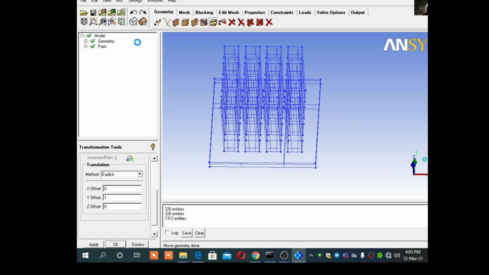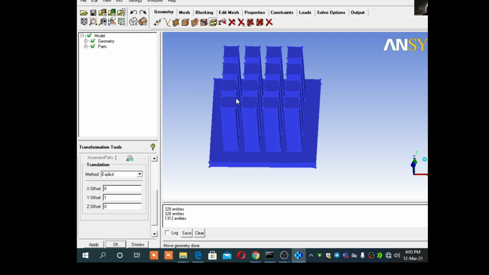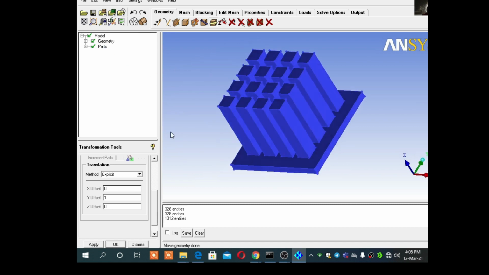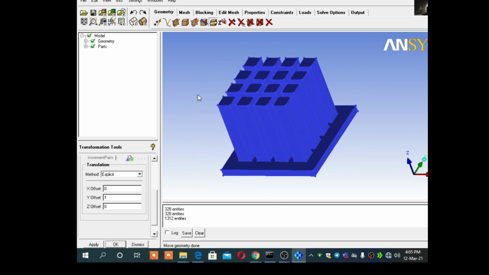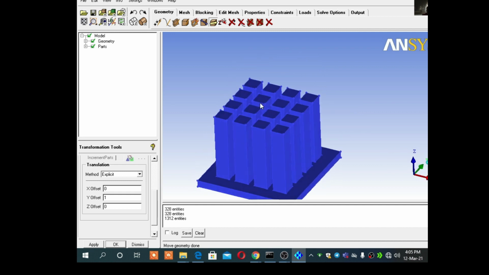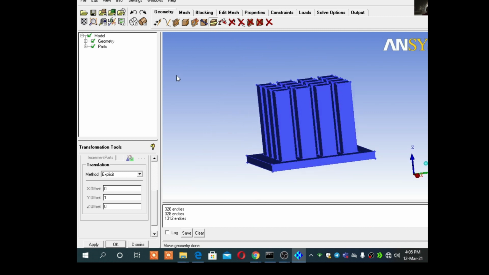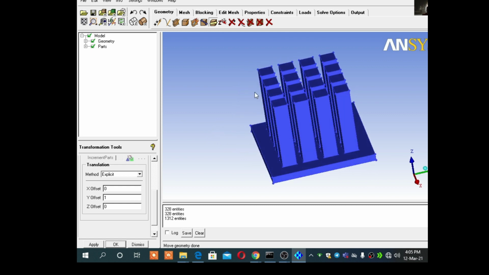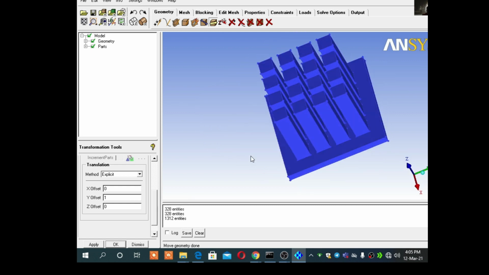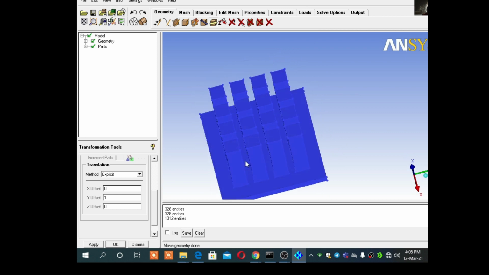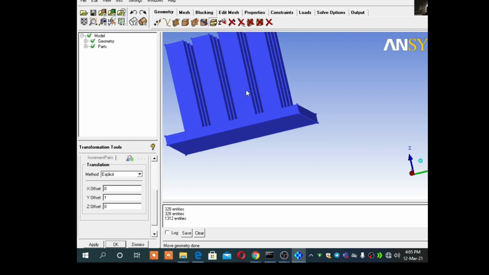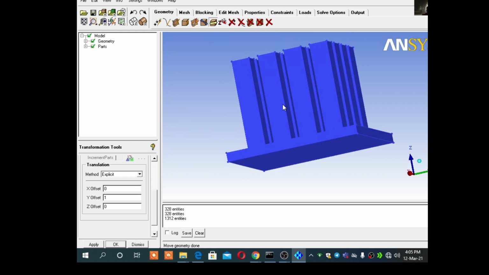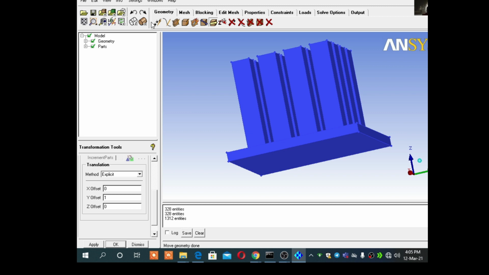If I make solid frame, now you can see it is a beautiful heat sink which is used in electronics cooling. Then I will give labels. How can I give labels? This design I want to cool. I will use software like ANSYS. So for that purpose I need to label it, so that I can give boundary conditions. So what I will do, I will go to wireframe.